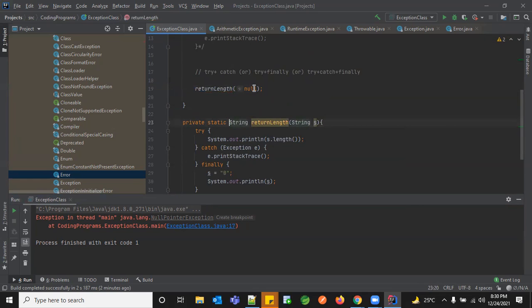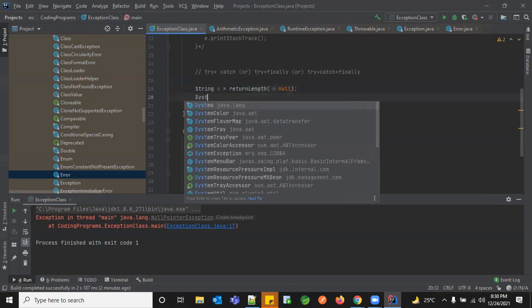What I'm doing is passing a null object. I know I'm just going to do a length operation, but I still know if I apply some operation on top of my null object it will go into exception, but I need to return something here, right?